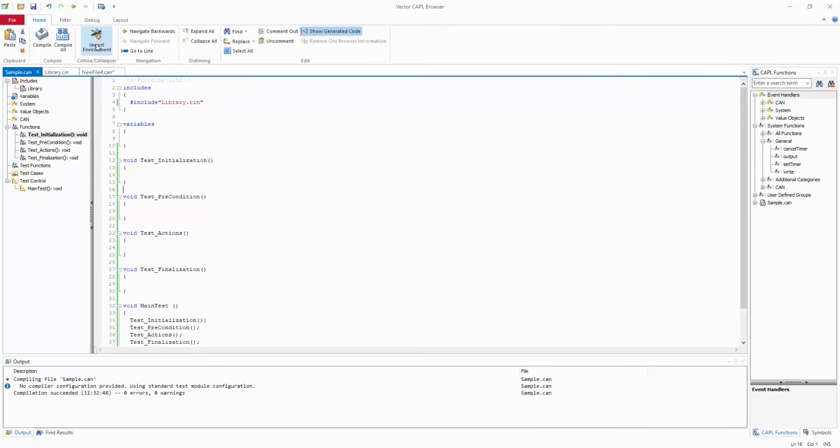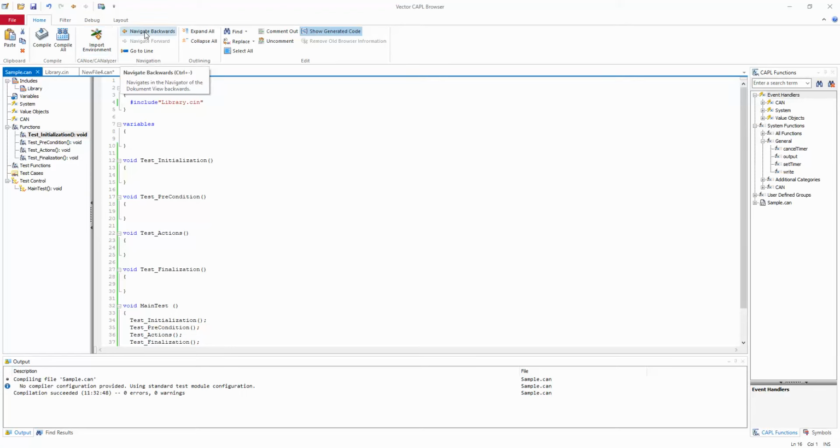And then we have the import environment option, CANoe or CANalyzer. If you click this, it will import the environment from your CANoe, Vector CANoe. Right now, I didn't open CANoe, so I cannot show this option in detail. But if you are in need, drop me a comment and I will put out a separate video explaining import environment in detail. When you click it, you're supposed to have your CANoe open so that it will import all the environment data from that configuration to this file.